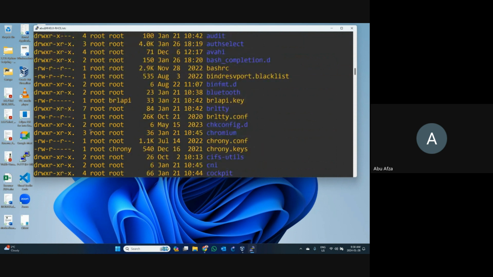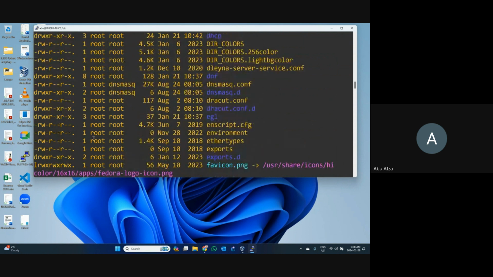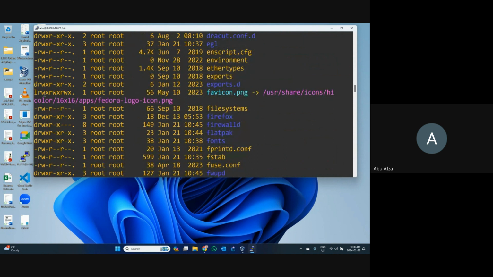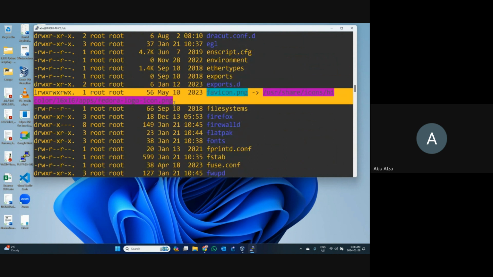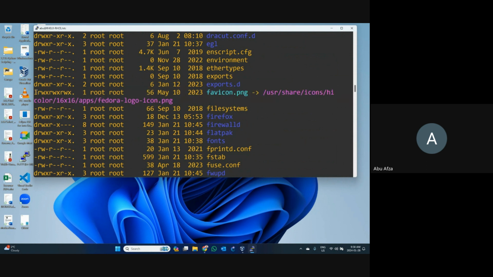Another type of thing is this one. These two lines are one line. When you see that it starts with l, l means link file. So there are three types of things we can see. There is another one available, but it's not showing in here. It's a system file. So one is directory, which starts with d. One is file, which starts with a hyphen, and l starts with the link file. And a link file you can always identify by this arrow symbol.